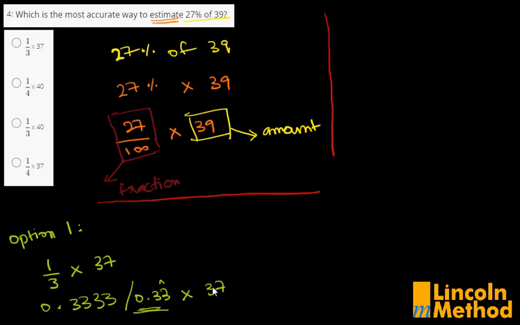Now 0.33 is basically 33%. And the question says to estimate 27% of 39. Now 33% might be close to 27, and we can consider it close enough to 27 since we're estimating it, but let's see if a better option